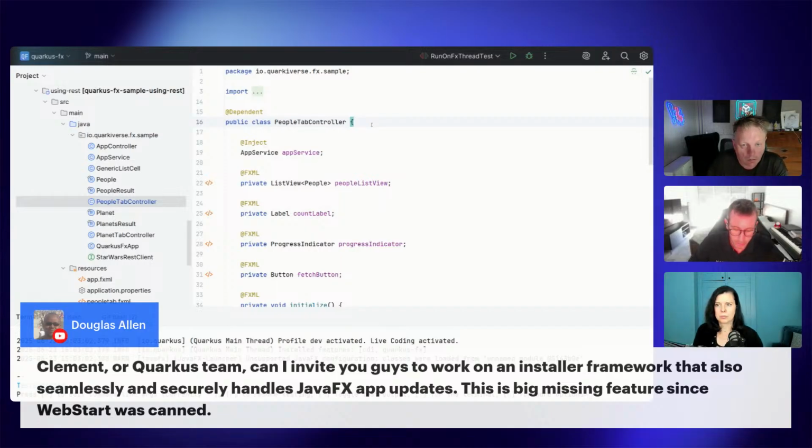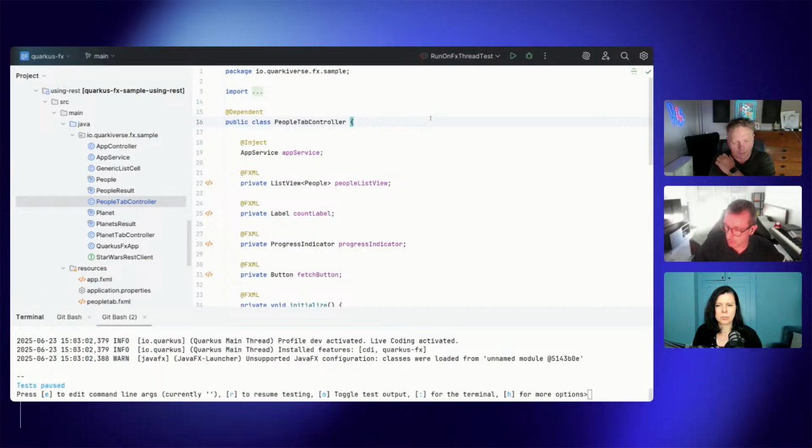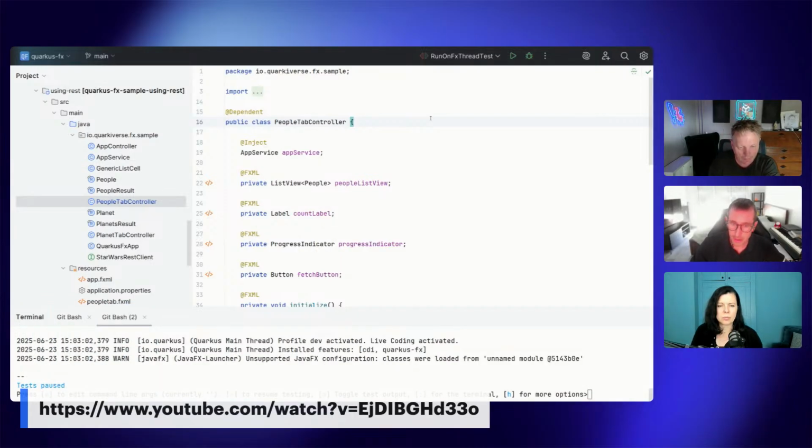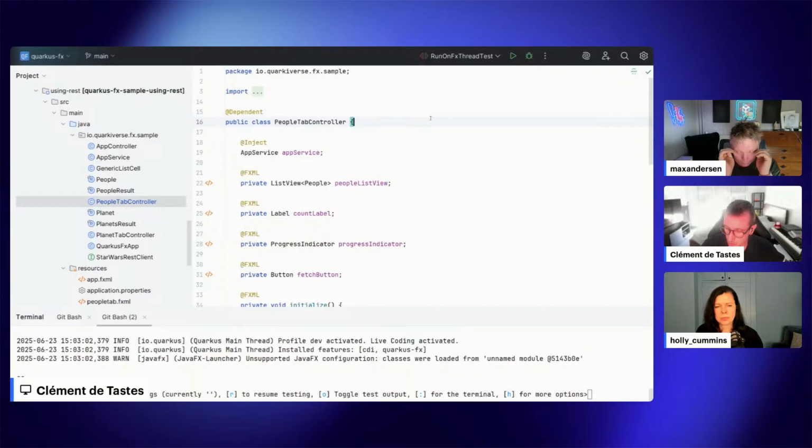There might be some interesting solutions brought by users that were invited. I think it's something like this one. Yeah, Frank Delporte. Yeah. How do we keep our JavaFX up to date and secure? Probably has some of that stuff in there. Yeah, but it would be nice to have something, and it's not even just for JavaFX, but any